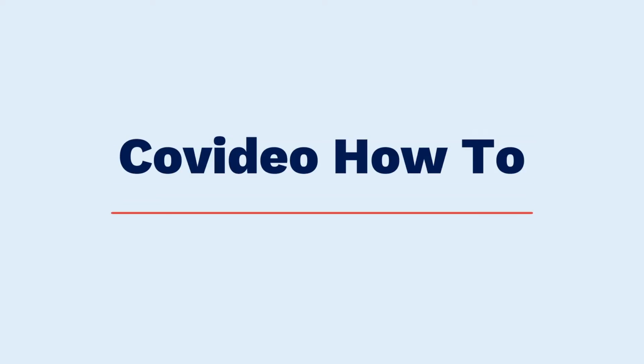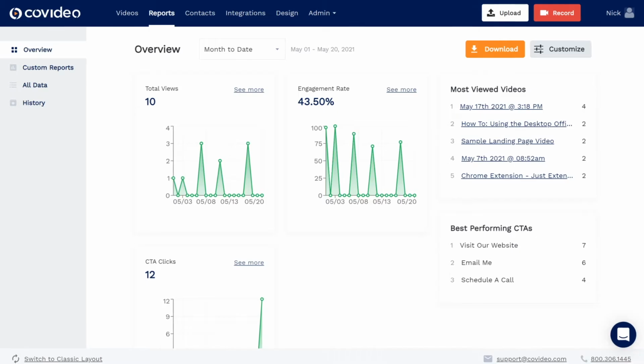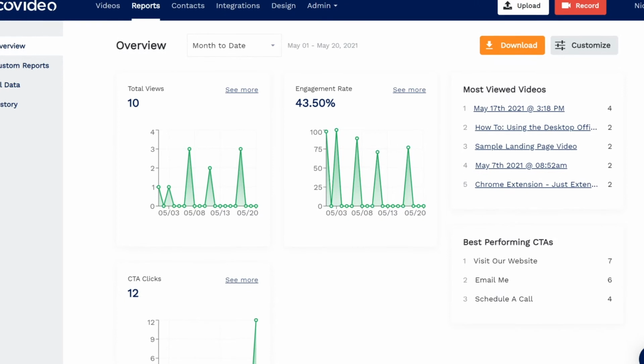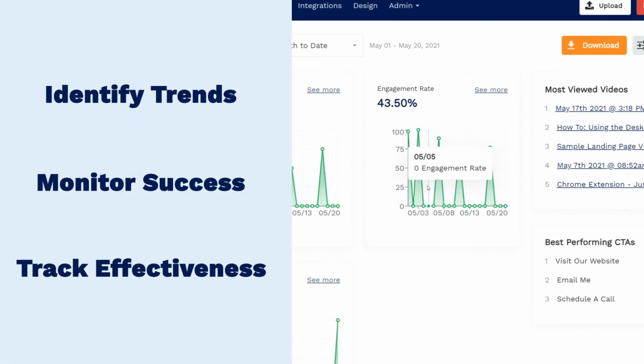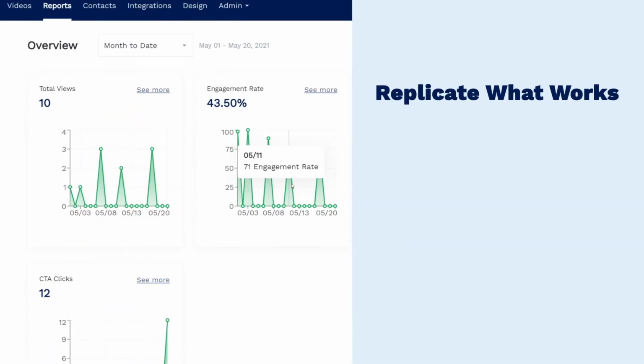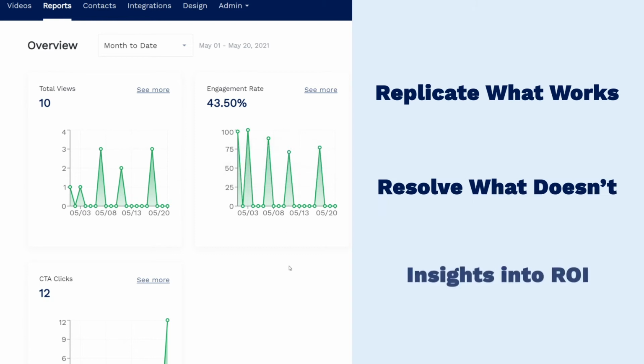Reporting gives you a high-level view of your Covideo account. By aggregating data from all of your videos, you're able to identify trends, monitor success, and track your most effective videos and calls to action. This means that you can replicate what works, resolve what doesn't, and connect your efforts with results for insights into